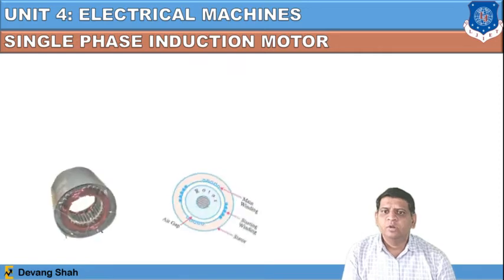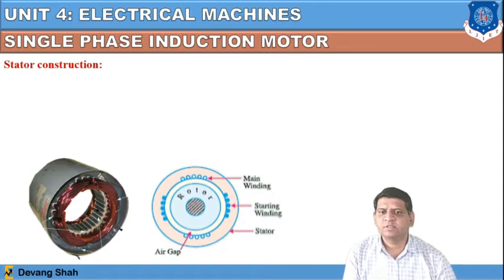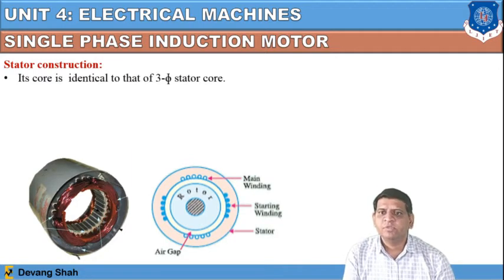Now if we talk about the stator, here is the picture of the stator. This is the outer part of the stator, having slots inside. This is the rotor, and the outer part of the rotor we define as the stator, having some slots. What does it consist of? Now let us discuss it.